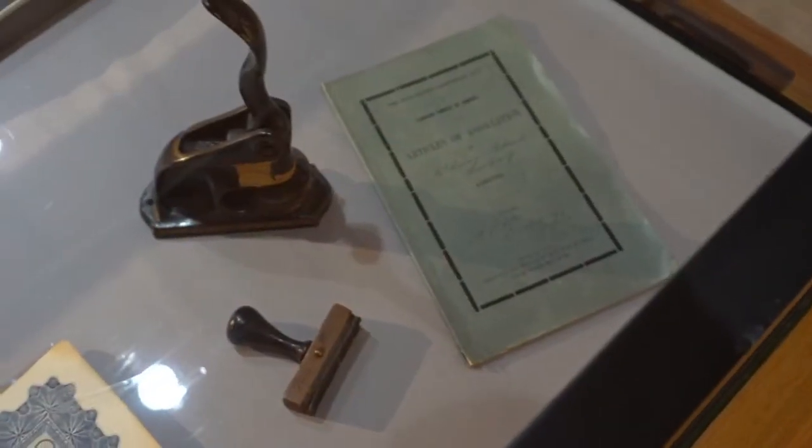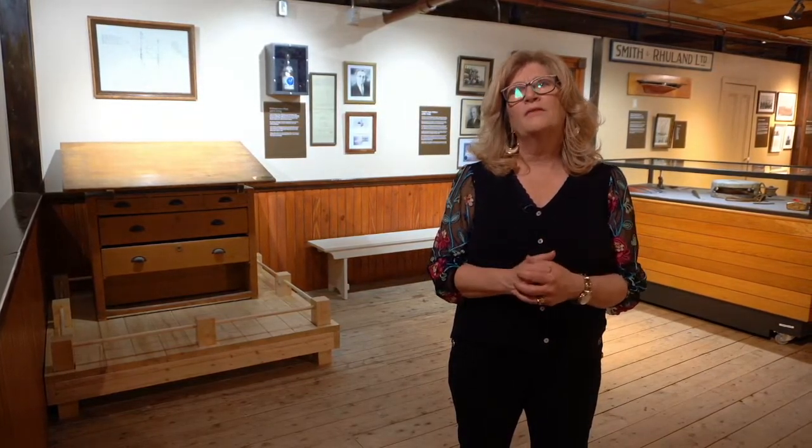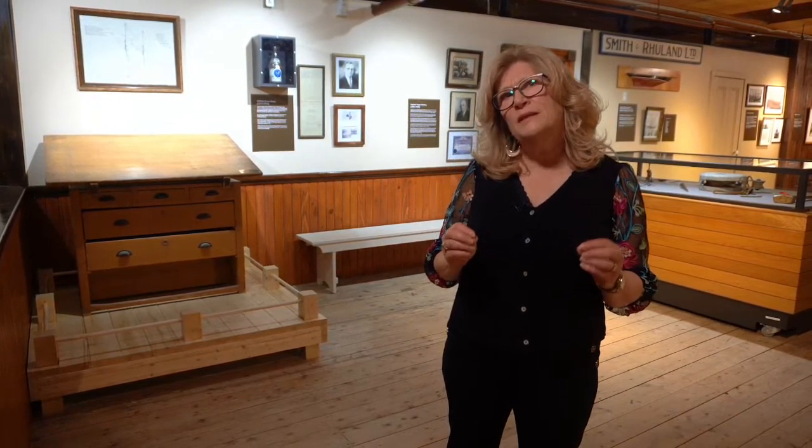How are we going to raise the funds? We're going to sell shares. And we're going to have Captain Angus Walters be the captain of this new vessel being designed by none other than William Roue. So we got one other key player, or players, shall we say, that's missing from this beginning